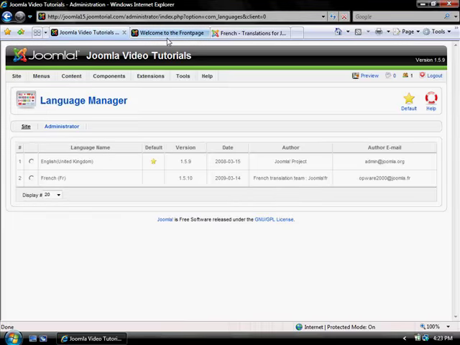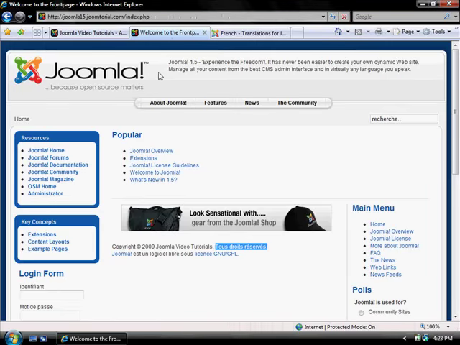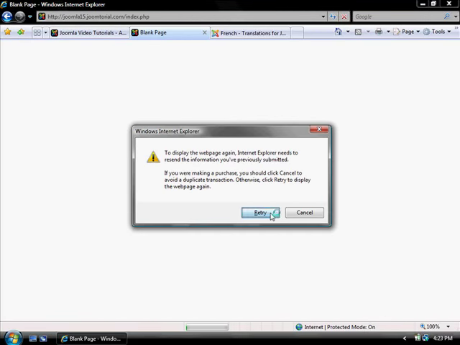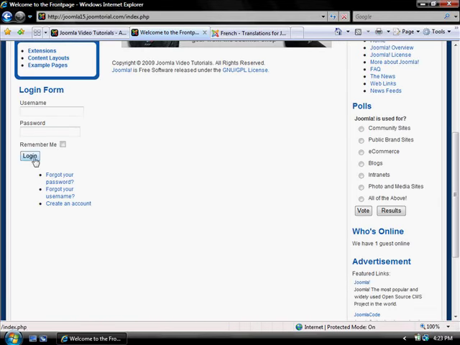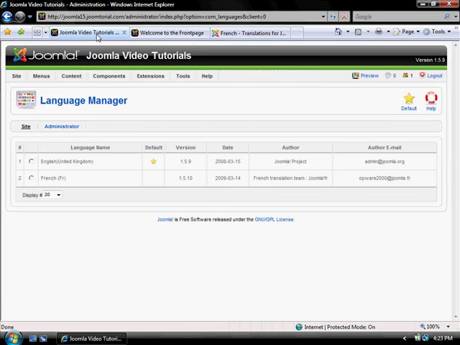And when we refresh, as you can see, the login form, the items like forget password or username are all in English again. And it would consist of the read more text that would go from English to French, etc. So without having to translate everything manually, Joomla can be put in any language that you would like,